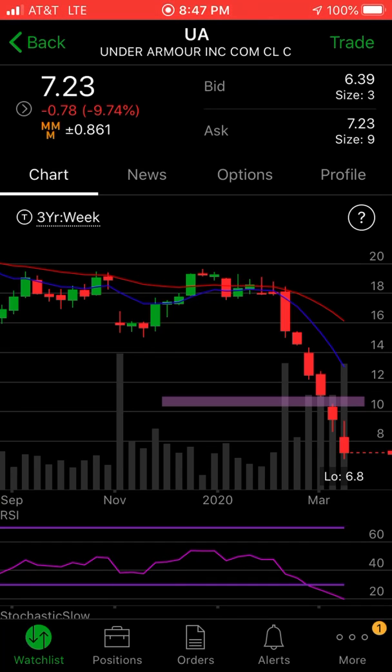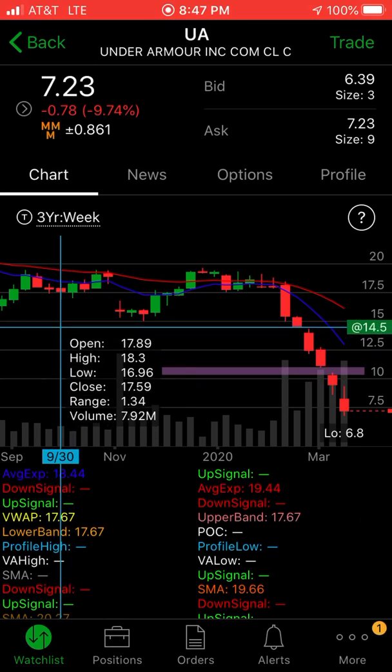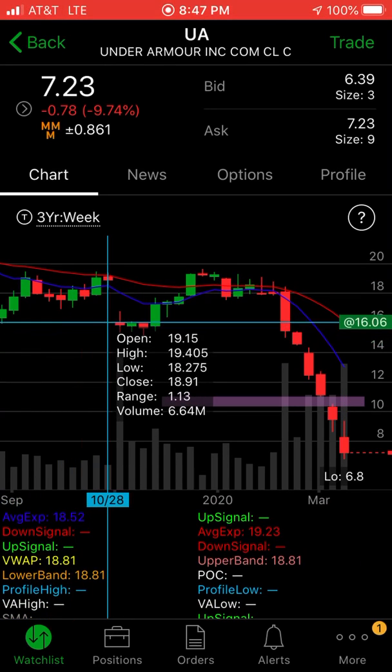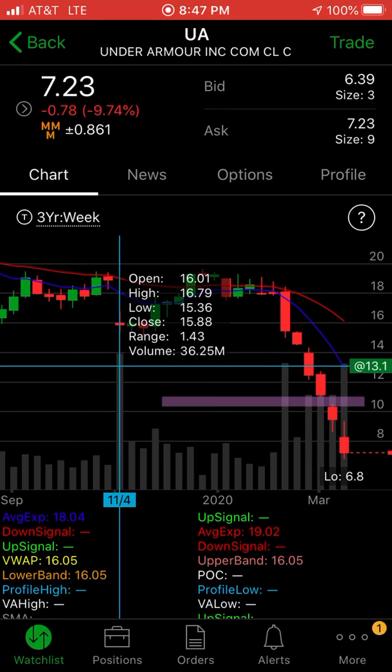But okay, here we go. There's a gap also up here. It closed on this date, October 28th. UnderArmour closed at $18.91. Next morning, that was a Friday, next opening trading day, it opened at 16:01. So it went from,